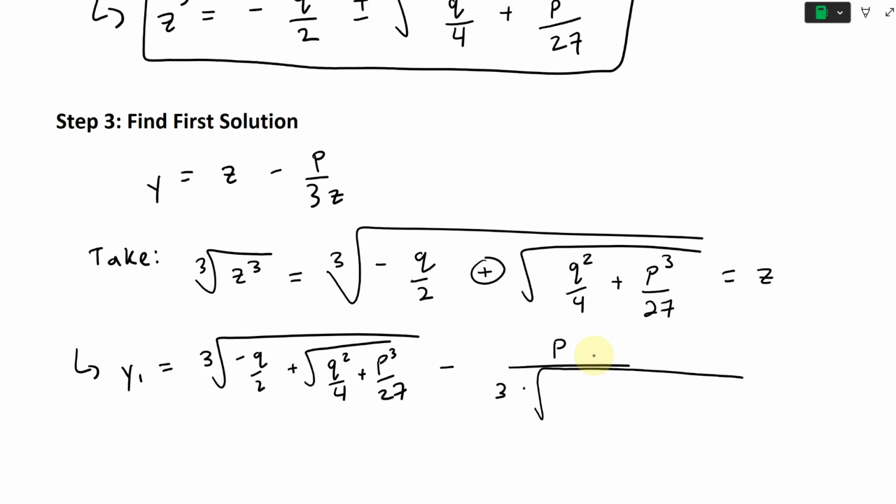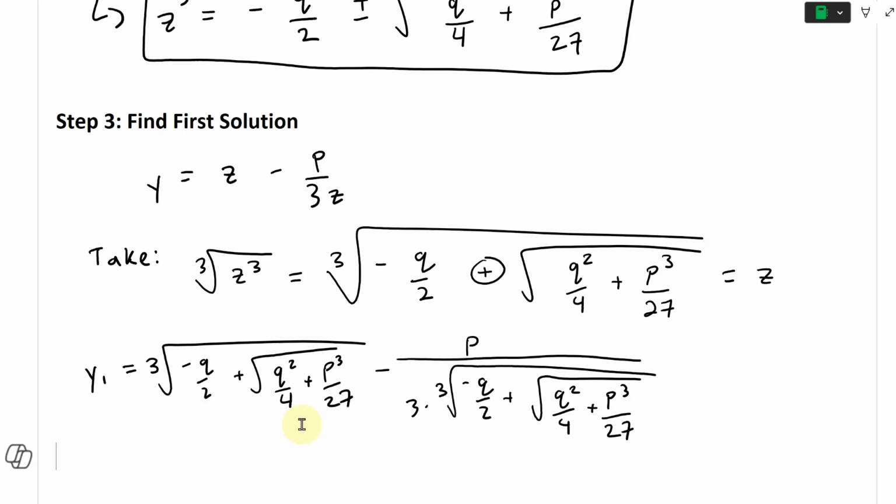Okay, this is going to be 3. This is going to be negative q squared plus, and now this is going to be q squared over 4 plus p cubed over 27, like that. Alright, so in here I just quickly shrunk it over here. So now what we're going to do is, whenever you have something like